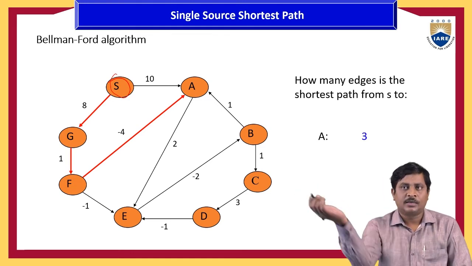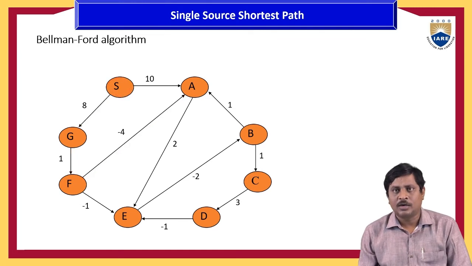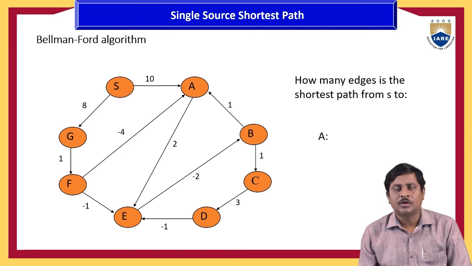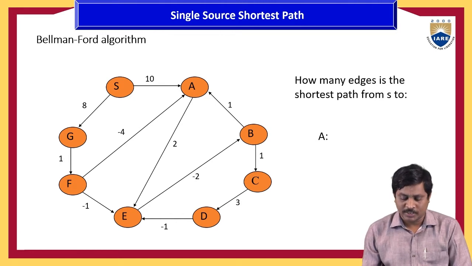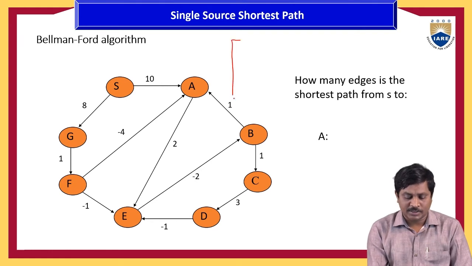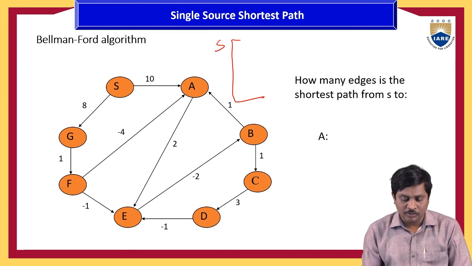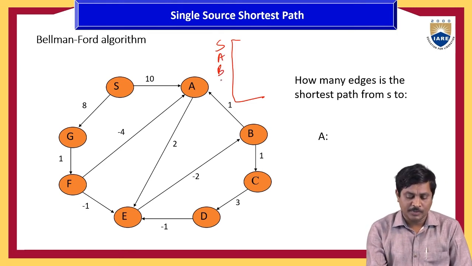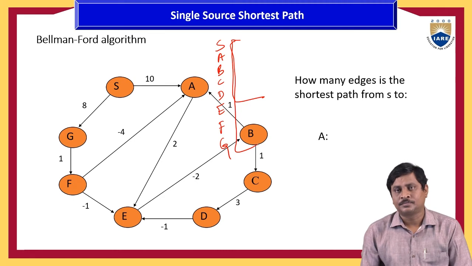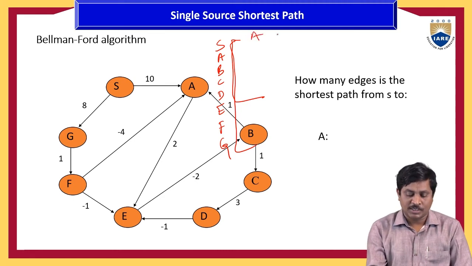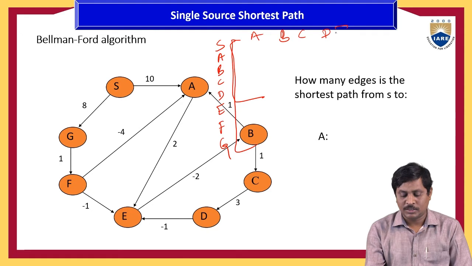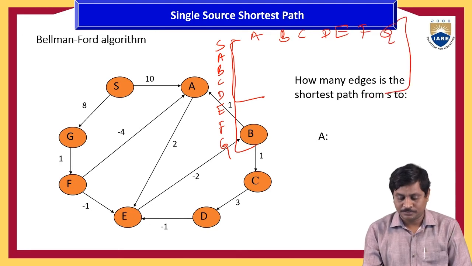So first here we see that initially we draw the initial matrix from this one. Now here we see that this matrix consists of S, A to G elements, that is A, B, C, D, E, F and G. So this is the matrix. Now here also A, B, C, D, E, F, G.